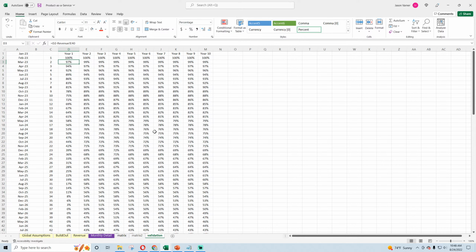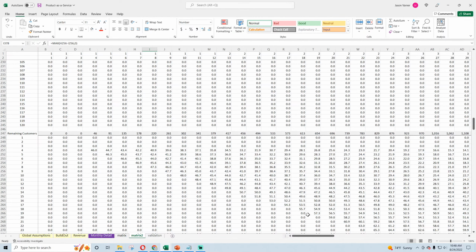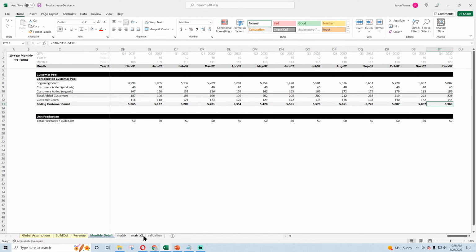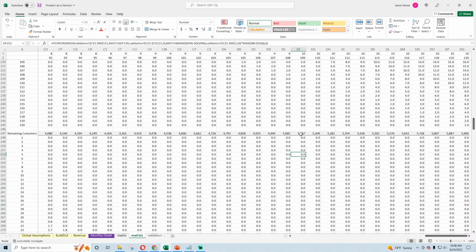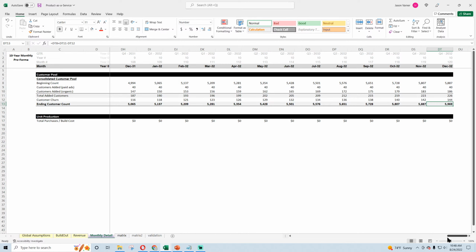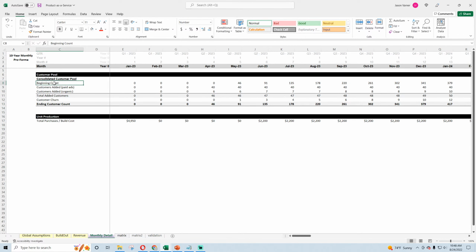This is where things really start to come together. You'll see how the model really is thinking. We want to make sure that number, 5,000, matches this ending number, 5,969. Perfect. And remember, we got that number by taking the total starting customers in each cohort less their retention curves, and then aggregating that effect over time. So that looks good. So we know this is the customer pool of all customers.